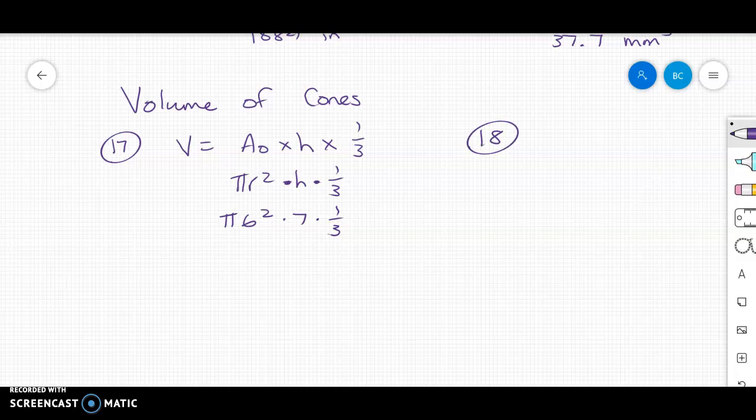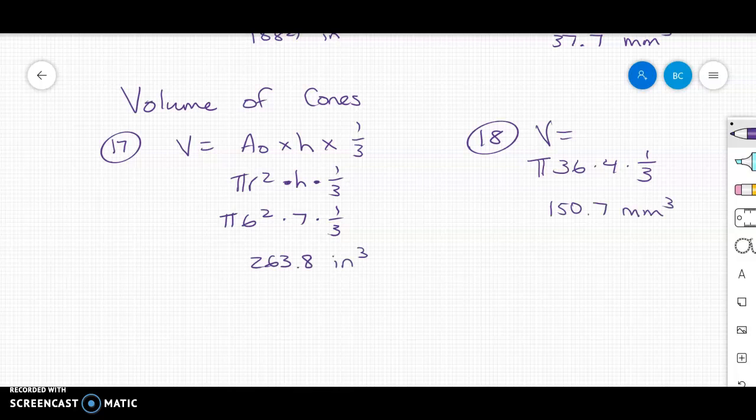On problem number 18, I also have a cone. So my volume is going to be the same thing, but it gives me the diameter. So I'm going to use the radius, which is half of that. So I've got pi times the radius squared, which is going to be 36, times the height, which is 4, times 1/3, because it is a cone. So I know I've written this in a little weird way because it looks weird to have the 36 after the pi, but that's okay because I'm showing my work